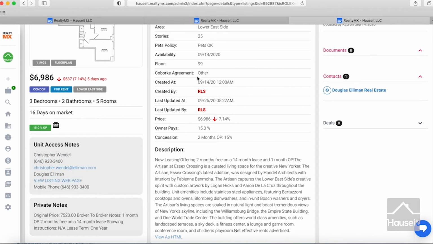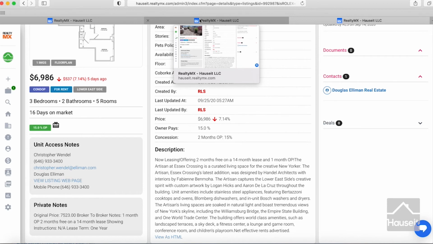So the takeaway is that a lot of times in Realty MX, when you're looking at the data in the RLS, oftentimes it's confusing, sometimes it's not updated, and in many instances it might be contradictory. Like something here might have been from a previous time when they were offering, say, X commission, and currently they may have updated it to something more here. So certainly you'll want to clarify. It's not unusual if you see something that doesn't make total sense on the surface.